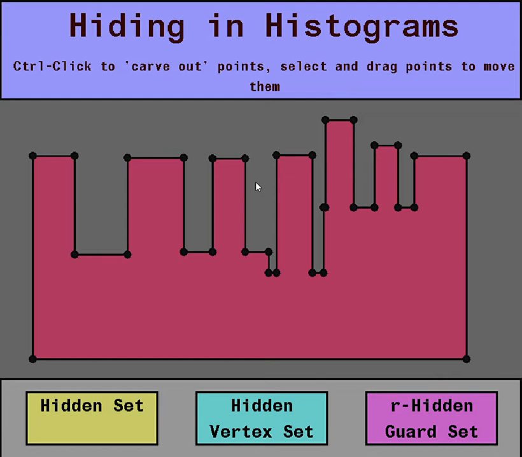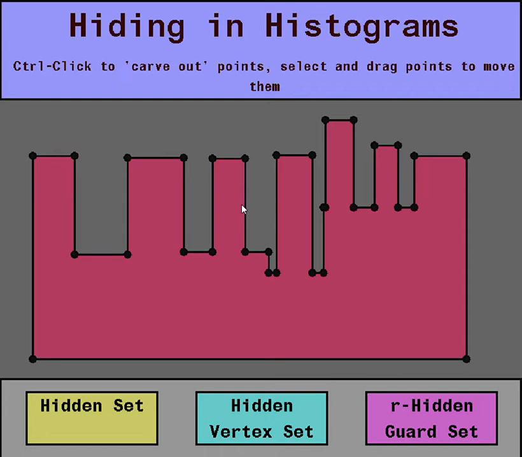Now for hidden vertex set, I used ideas from Bajuelos et al. Their paper is called Hiding Points in Spirals and Histograms. It's in Spanish, so the Spanish name is Escondiendo Puntos en Espirales e Histogramas. I'm not fluent in Spanish, so apologies if that's mispronounced. But this paper goes through the